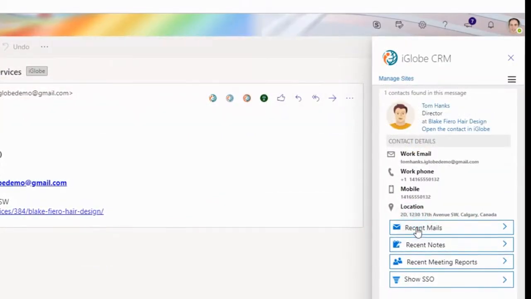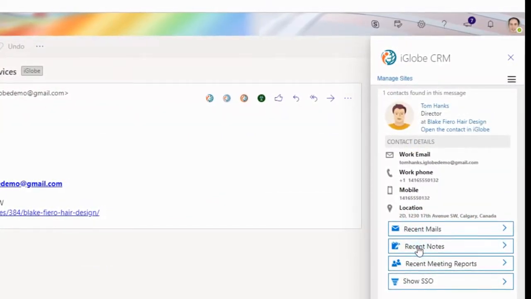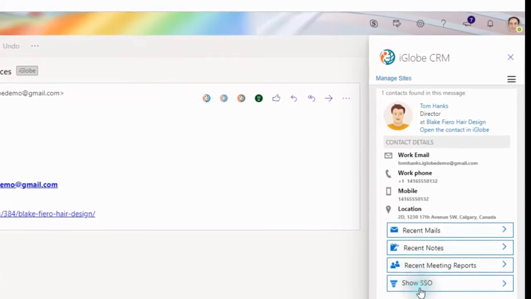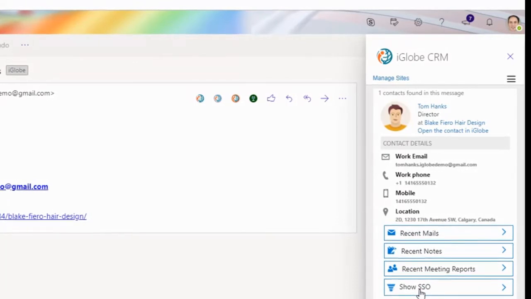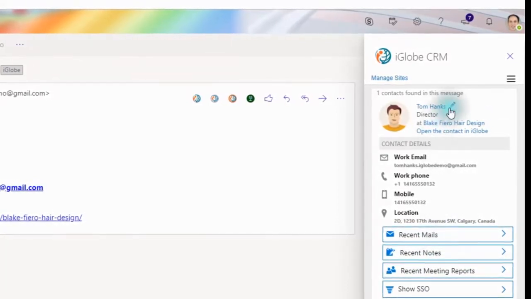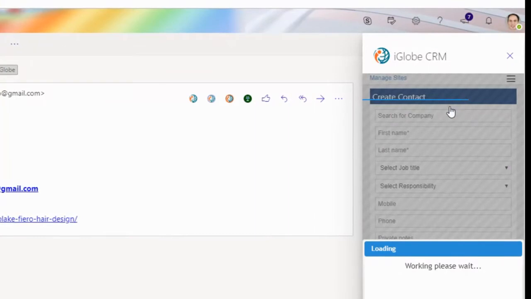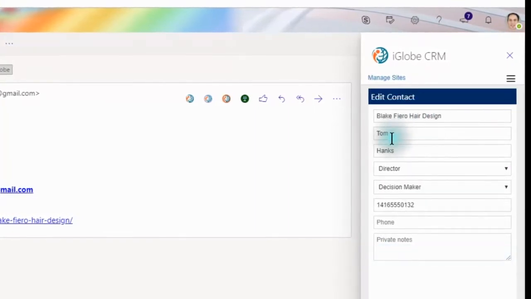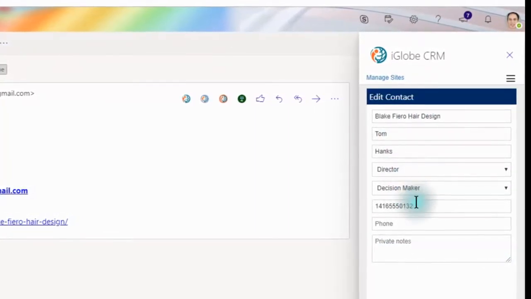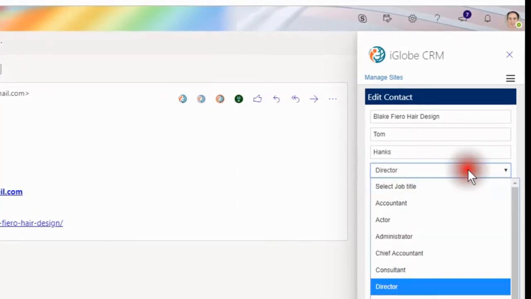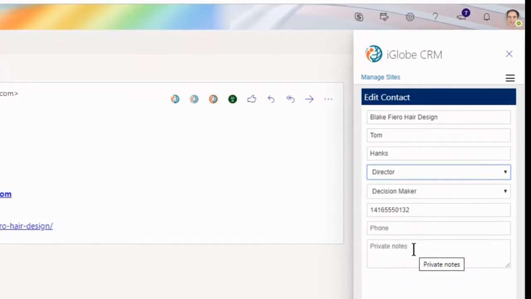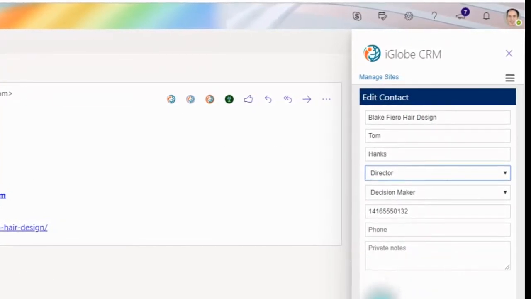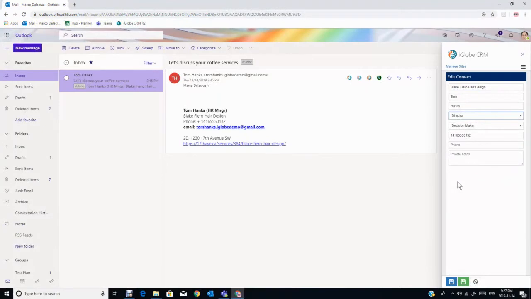I can also see all the recent emails, all the notes, the recent meeting reports, and any opportunities that I might have ongoing with him. I can take a look at Tom Hanks' profile and open it and update it as well. I can edit his name, his position as well, email, phone numbers, and even add private notes. All of these fields on the right can be expanded